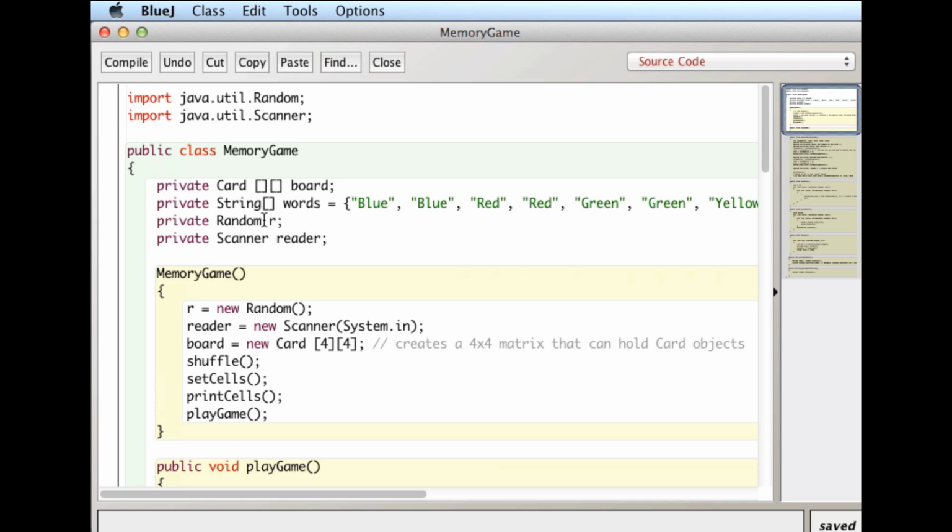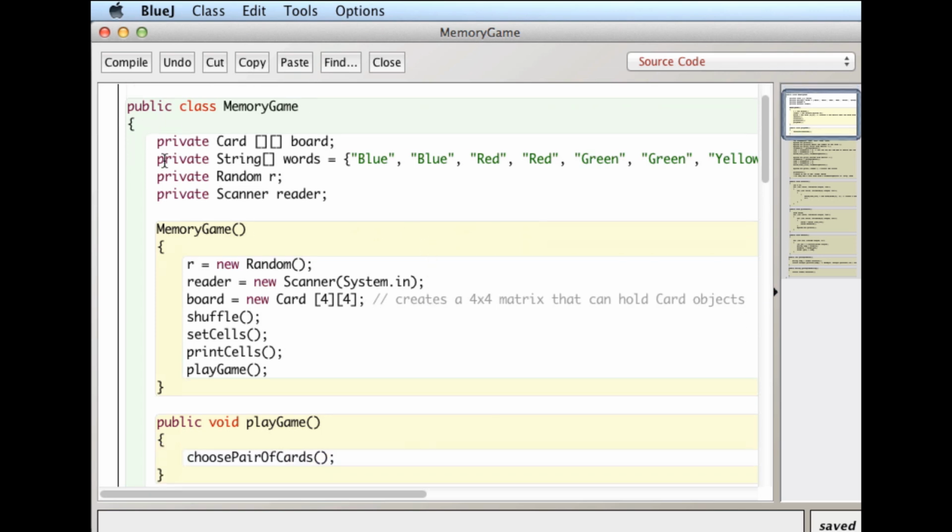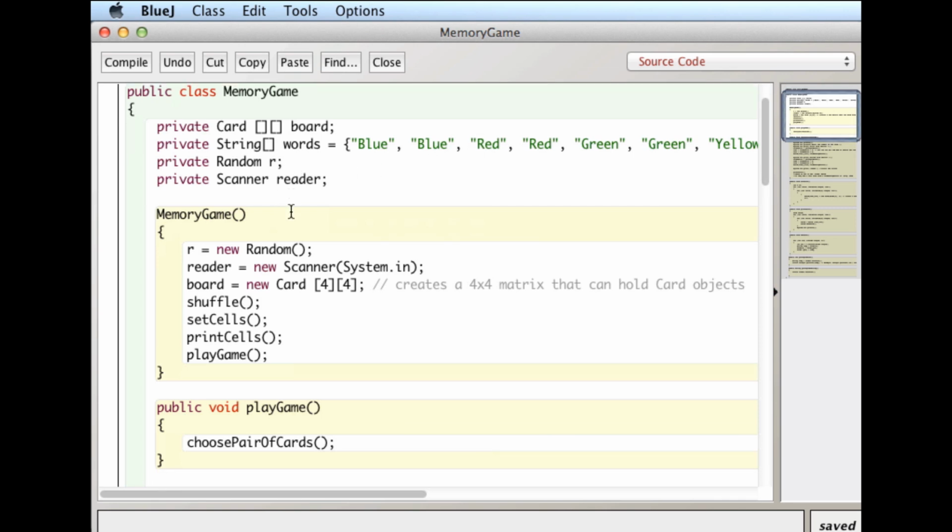Again, this is more complicated. This is more polished than I would have expected you to do. But I thought since I'm giving you this, I might as well show you some of the tricks. So I'm importing the random class and the scanner class so I can get keyboard input. I have these four fields: one called board, which is a two-dimensional array of the card objects that we just went over, a straight array of strings containing the hidden symbols, which are just colors,